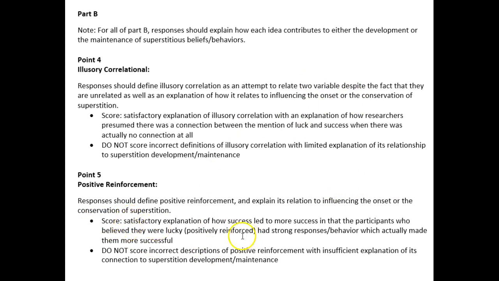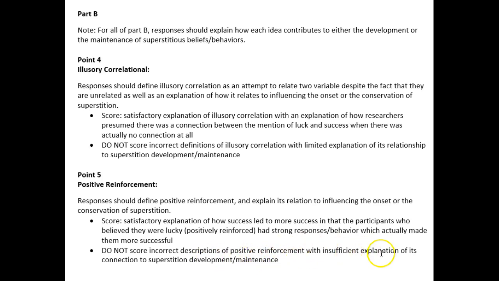So the students will receive a score if they successfully explain how success led to the participants' belief that they were lucky, and that that positive reinforcement caused them to actually produce behaviors that made them successful. Students should not receive a score if they're incorrect again with any of the information about positive reinforcement, or if